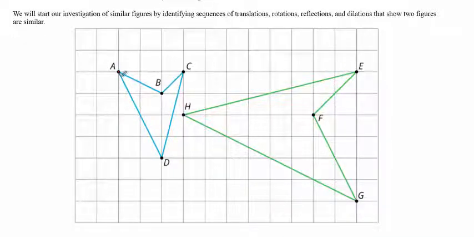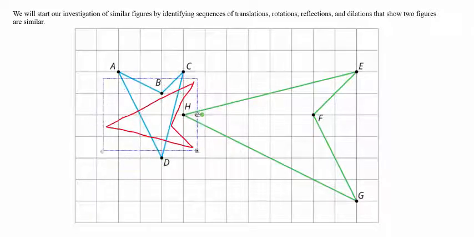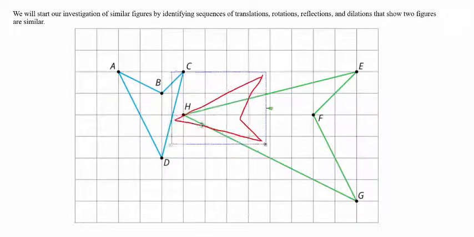So I'm going to start with the small one. I'm just going to trace it as best I can. Whoops, let me start over. Okay, good enough. And I can see this is pointing this direction, so I'm going to make this one point. So I'm going to rotate that. Looks like about 90 degrees, so we'll try that. Then I'm going to translate